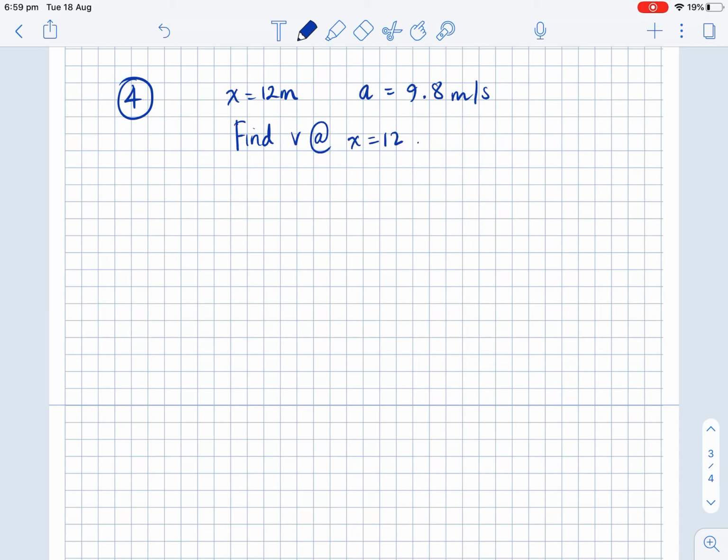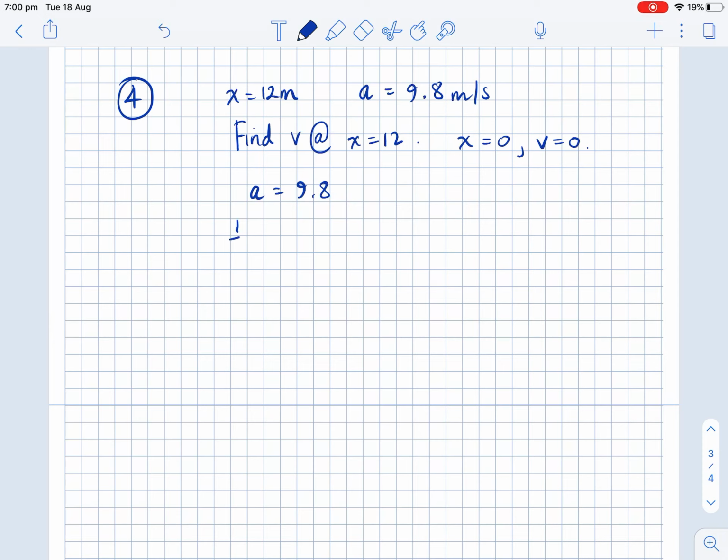So essentially, if we list all of this information, there's no mention of t. So we can use a different way to integrate rather than bringing t into it. Let's keep everything in terms of x and v. Now the other point we also know is that because the rock is dropped, the velocity equals 0 at x equals 0. So for acceleration equal to 9.8, instead of calling that dv dt and having multiple steps of integration,